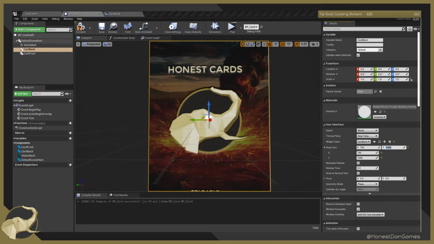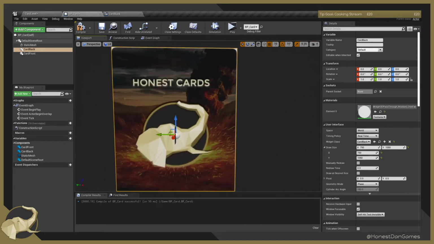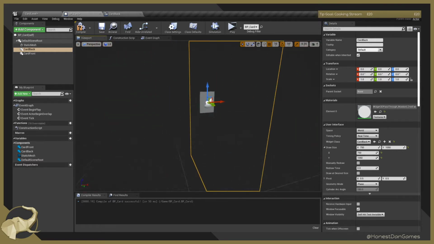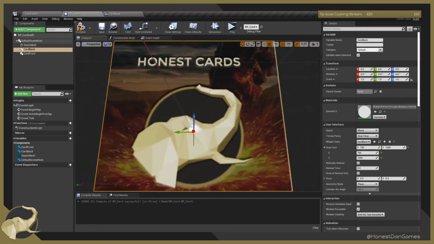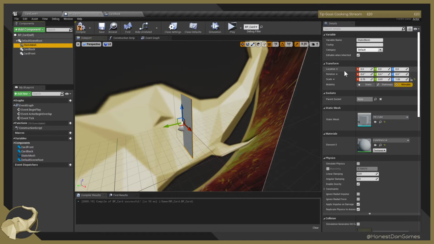Ah, I have arrived. Okay. So there we go. We've got a foldable card. Now, this widget is facing the wrong way, right? Well, it depends on the perspective here, actually. Our actor, this is